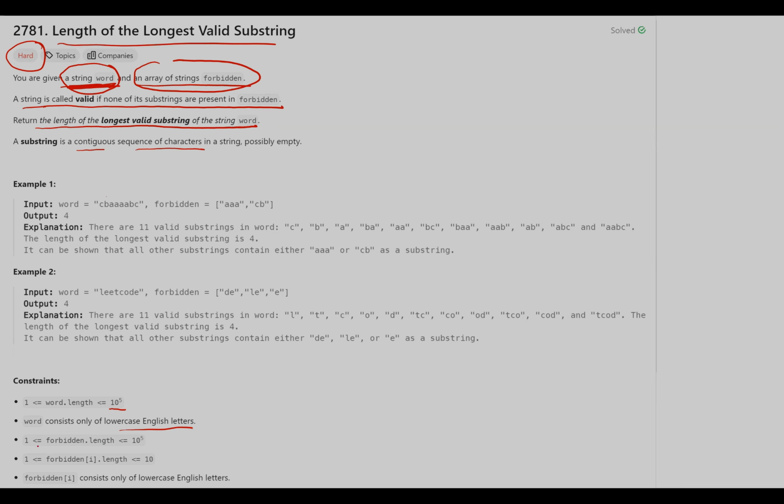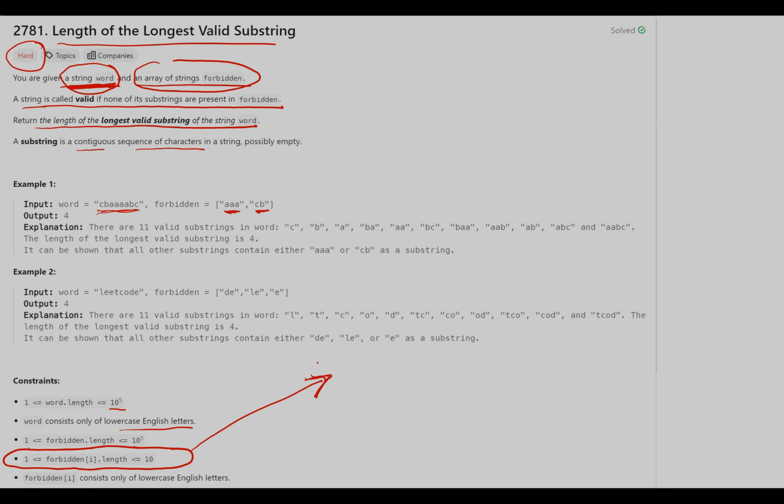And the number of forbidden words is also at most 10,000. But the fourth one is the most important one that is going to help us. It says the length of every forbidden word is at most 10. It might be 1, but there are at most 10 characters in a forbidden word. This is going to be the key